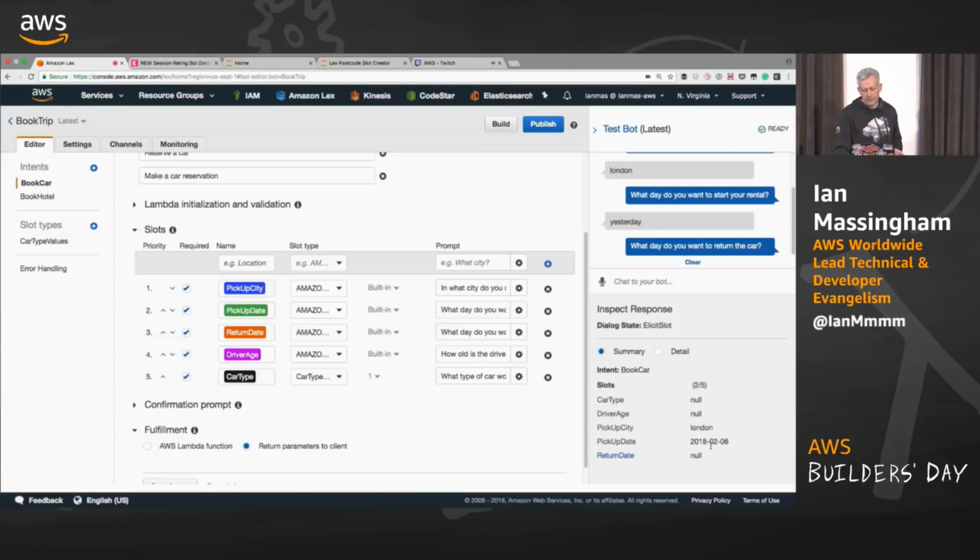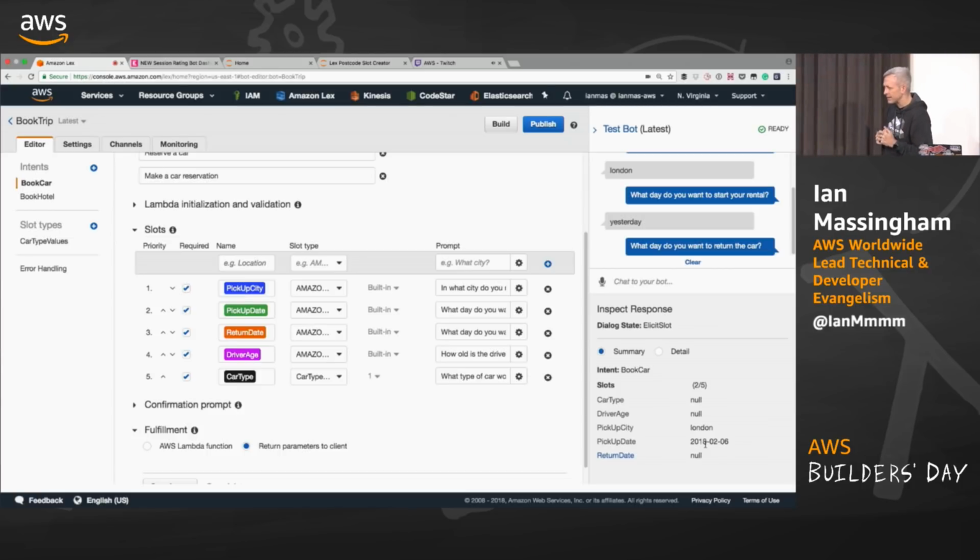But you'll notice, for example, I put yesterday, but pickup date has been resolved to an ISO date. Again, this is by virtue of the fact that we're using these built-ins. It gives me the capability to resolve spoken human dates into system representations, into ISO dates that I can then work with programmatically, of course. So I could say next Tuesday, last Christmas Day, 2 weeks on Friday, and it will essentially pick out the appropriate ISO date using that built-in language model.